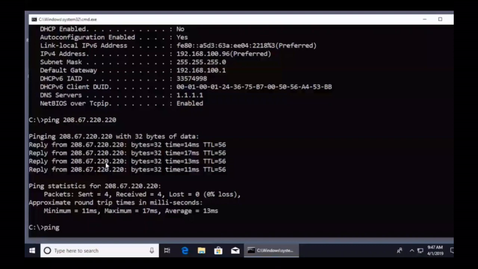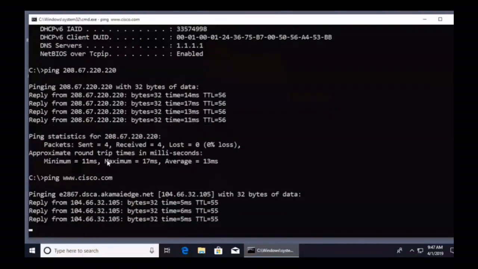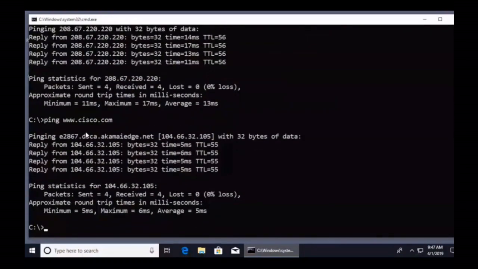But what if I want to make sure that my PC can actually reach something by targeting a web address? What if I said, for example, ping www.cisco.com. By doing this, I'm telling my computer to reach out and hit the name cisco.com, which means step 1, when I do this, my PC is actually going to the DNS server that we've seen above and saying, DNS server, who is cisco.com? Cisco.com is being translated to an IP address, and then my PC goes out and pings